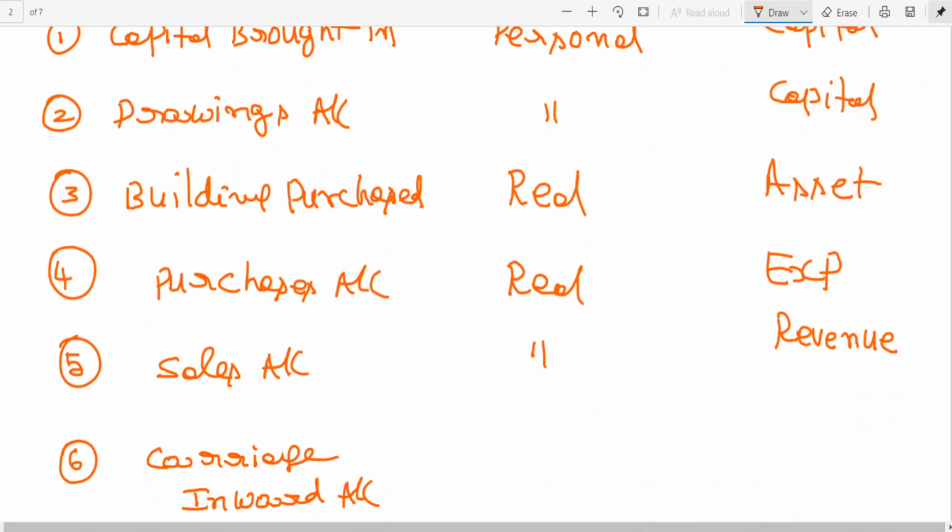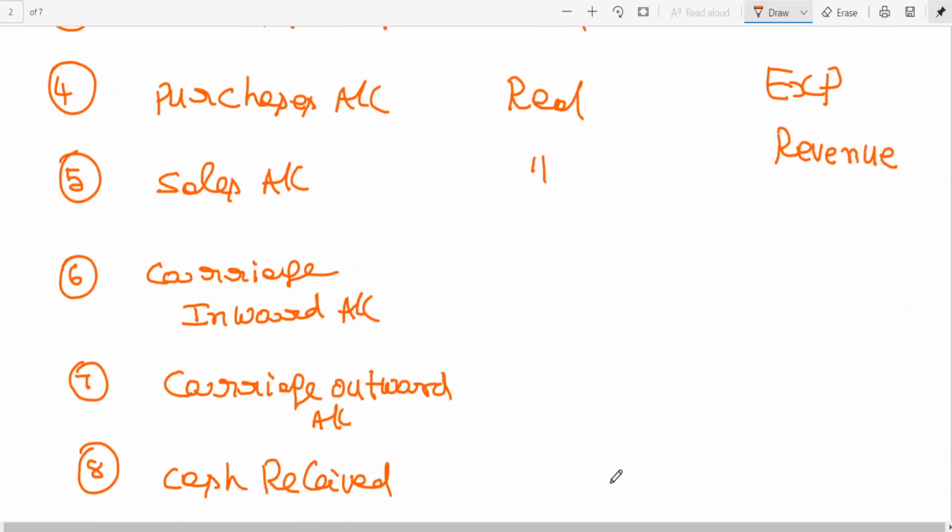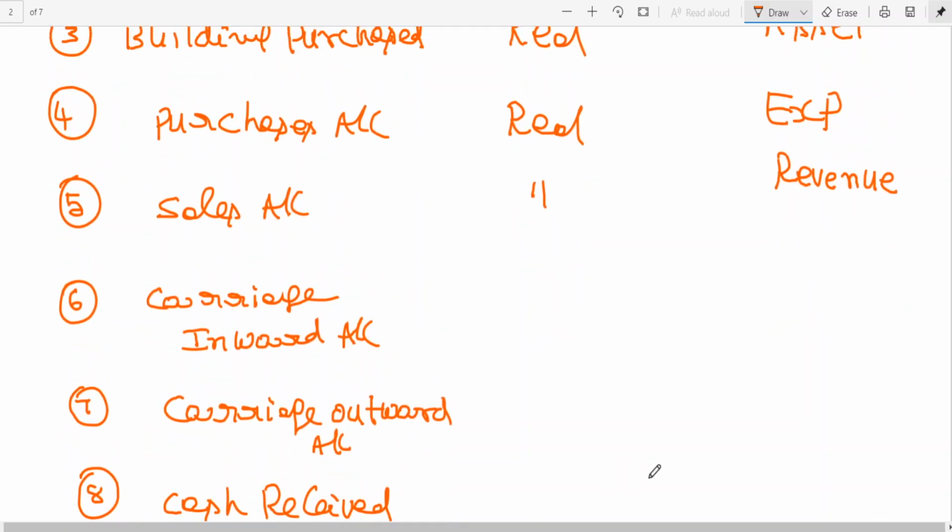Next, carriage inward. Carriage inward means when you are buying the goods, see, to sell the goods I need to buy the goods. Suppose I am staying in Lakdikapul, I am having my business in Lakdikapul. My wholesale market is at Secunderabad. So Secunderabad, I need to buy the goods, I need to bring back those goods to my place of workshop where I will be selling these goods. So for bringing the goods from Secunderabad to Lakdikapul, I need to pay the charges, transportation charges. It is called as carriage inwards.